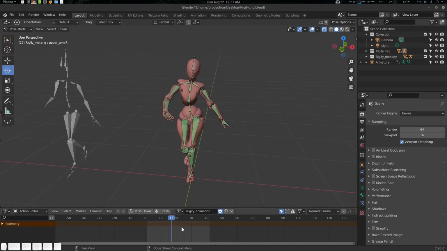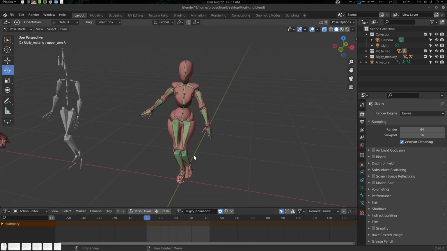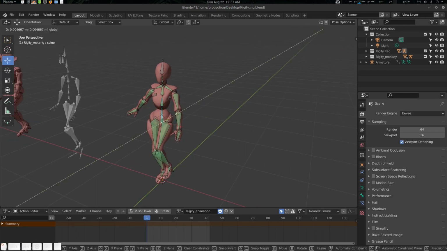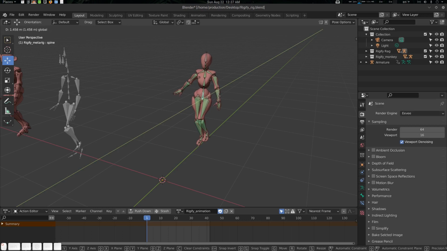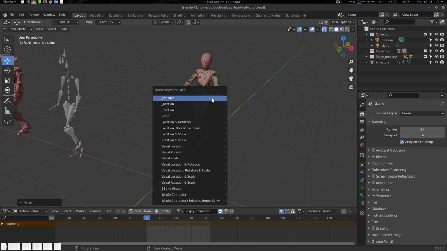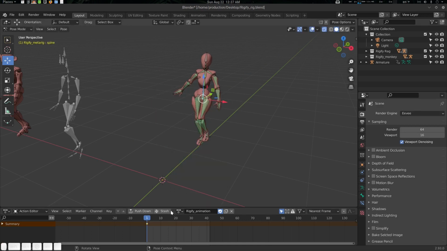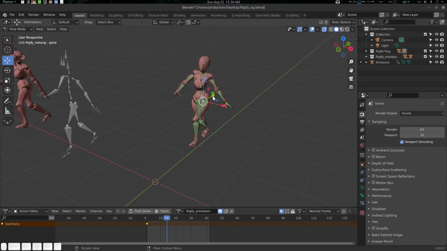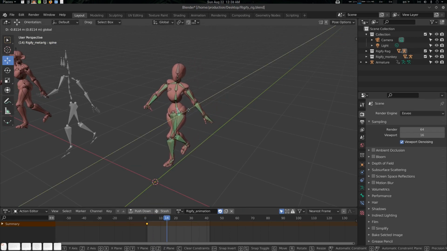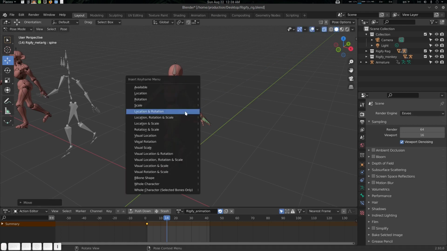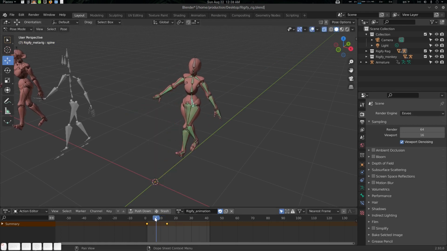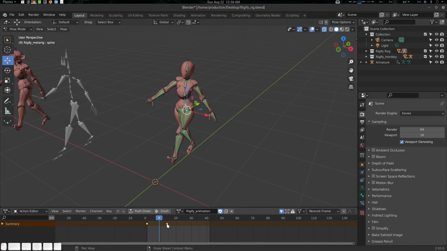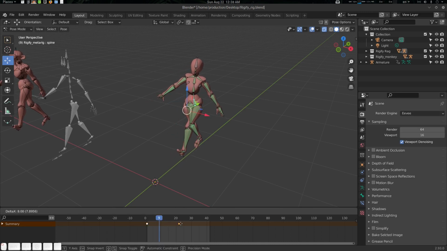Now we want to create a very simple animation here. We can do it like this. Press Shift G, let's go from here to I, location and rotation. I'm going for something like this. Okay, I, location and rotation. It is kind of fast, so let's distance it a little bit. There we go.